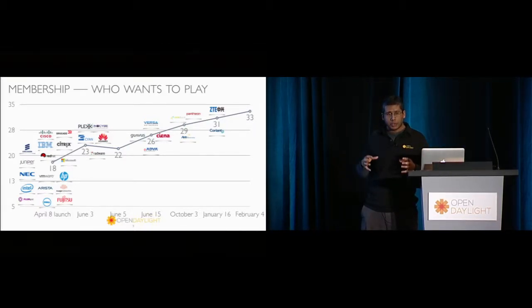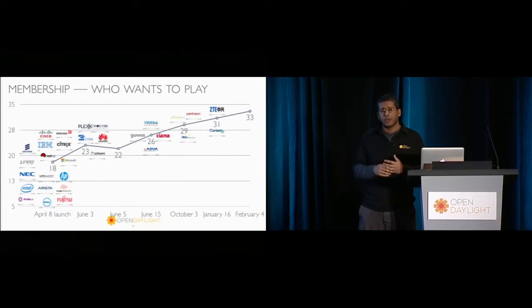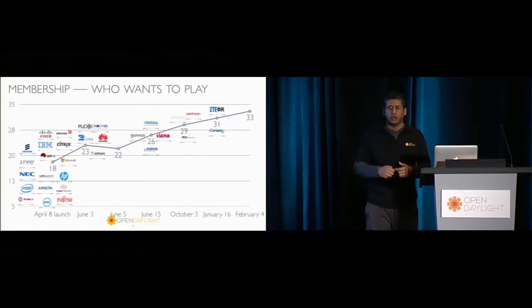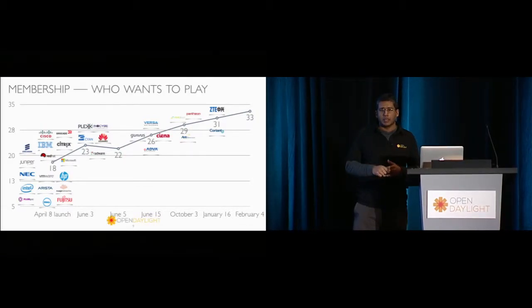That's one of the main metrics that we're using, right? And then shape it a little bit and have the projects collaborate together where there's overlap and figure out how they could work together. One example is in virtualization. We actually have two or three different ways of doing network virtualization in the project, right? We have OpenFlow, we have overlays, we have OVSDB, and we even have LISP, which is another possibility of creating